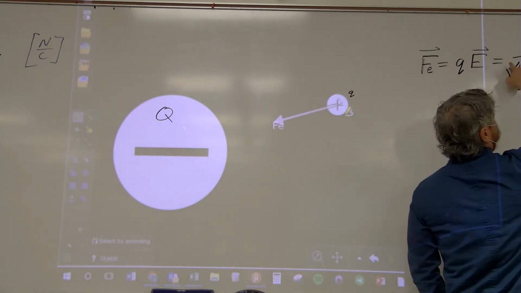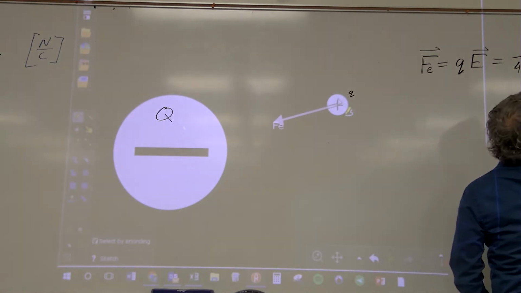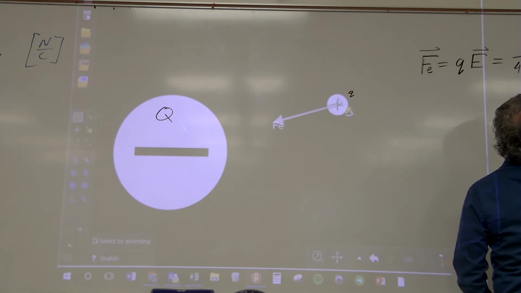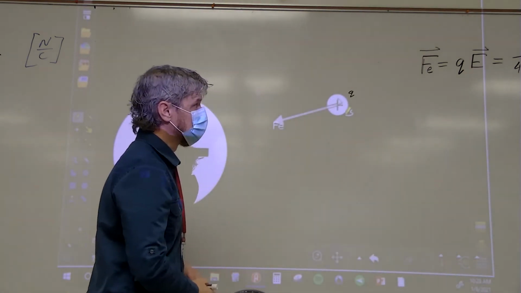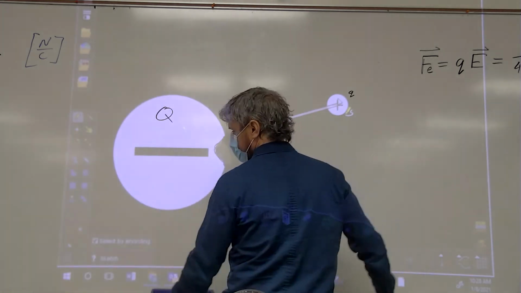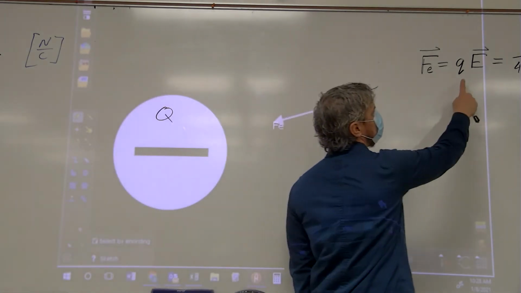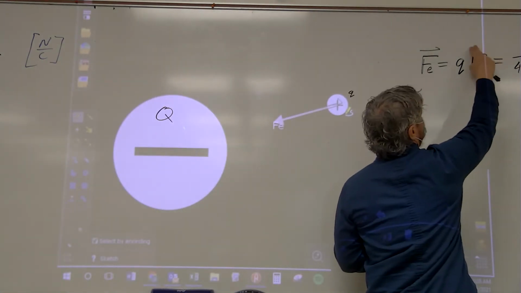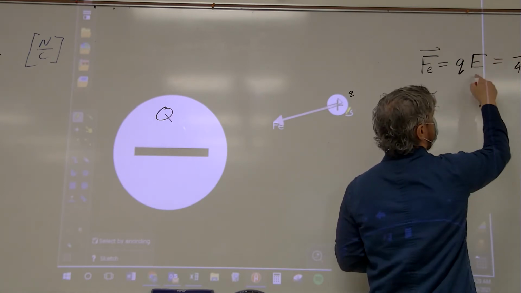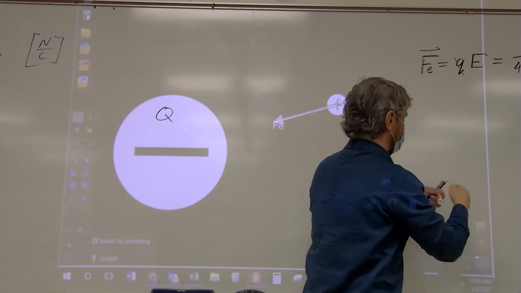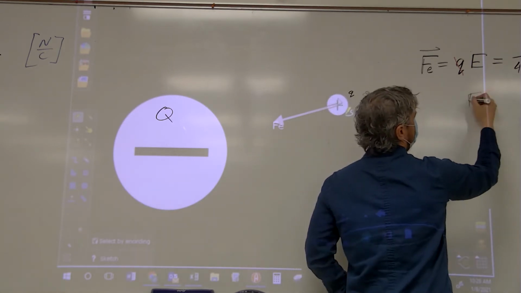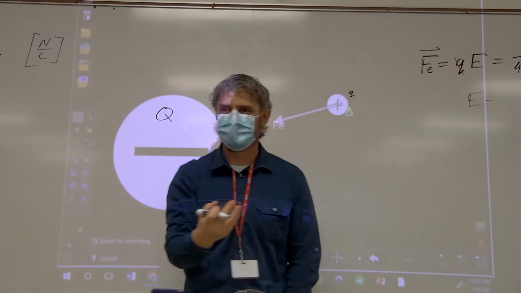So this is just like the proportionality constant times charge 1 times charge 2 over the distance between them squared. Well, if I equate these two, and let's just consider the magnitudes right now, then the Q cancels, and look, the electric field is now defined,